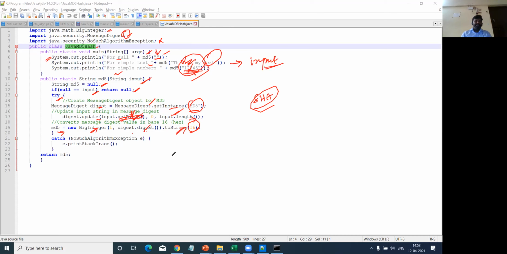Finally it is going to display any errors if we have a NoSuchAlgorithmException. This is an exception message in case our program does not meet any of these criteria which we mentioned here, right? If there is no message digest value, if there is no MD5 algorithm, if there are no such input.length functions, if these kinds of values are not declared, that will give an error message, right? And finally it is going to return the MD5 values.